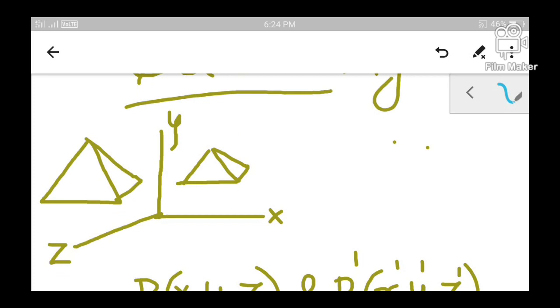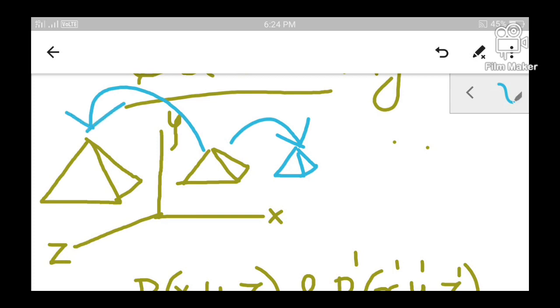Now if this object undergoes a change in its size, that means either it is reduced from its original size like this, that means in this way I can make a reduction in the size of the object, or I can make the object enlarged like this. So in either of these two cases, if I am enlarging it or if I am reducing the size, in both these situations the object has undergone a scaling transformation. So scaling is nothing but change in size of an object.